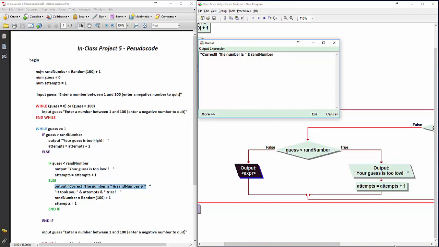And anytime I do an output, I always put about 4 blank spaces there just to space things over a little bit. And then with this output, I can just hit the enter key to drop to the next line, because I also want it to say on the next line,